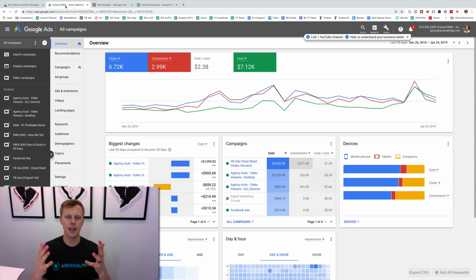And so right here, guys, this is my Google AdWords account. So you can see in the last 30 days, December 26th to January 24th, I spent a little over $7,000 at about 3,000 conversions, so leads generated, at a cost of about $2.38 per lead, which honestly is pretty good. And so I want to go through and show you guys all this, but with complete transparency, guys,